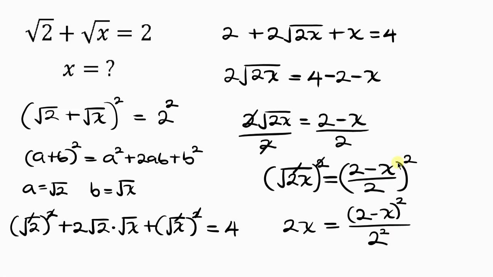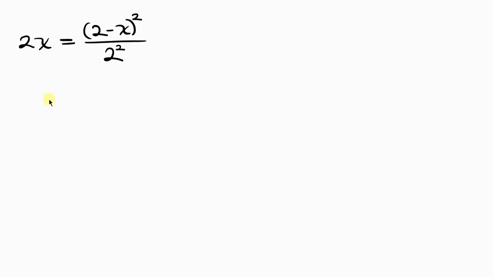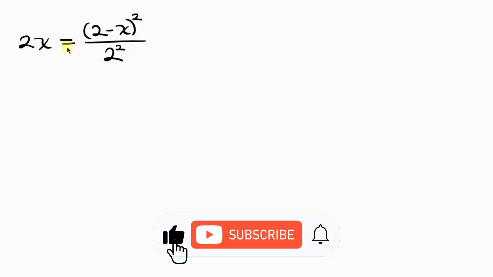Because from indices, this power of 2 is affecting the numerator and is also affecting the denominator. Now let's move forward. Our next step will be for us to simplify the right-hand side. So we have